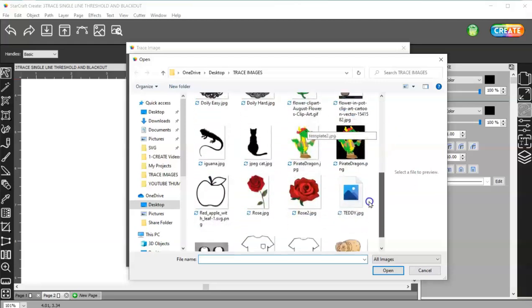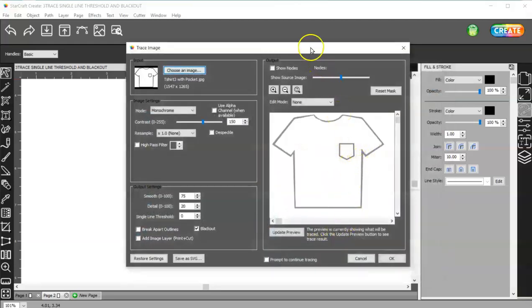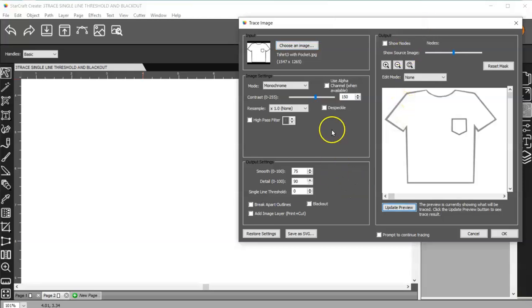Okay, let me go ahead and delete that and come back to the trace window and insert another t-shirt, and this one here has a pocket. So I'll go ahead and turn my source image off because I don't really want to see that, and I'll click update. Okay, so now you can see I have an inside trace and an outside trace of my t-shirt, and I have an inside trace and outside trace of my pocket, and I don't want that. So I'm going to try blackout and see what that gives me. Update preview. And I have a single line now around my t-shirt, but I've lost my detail here in the